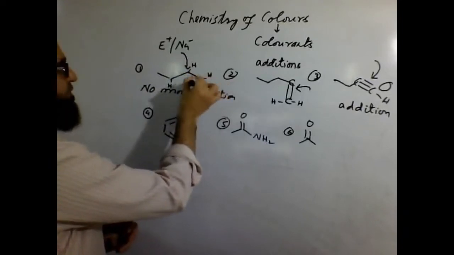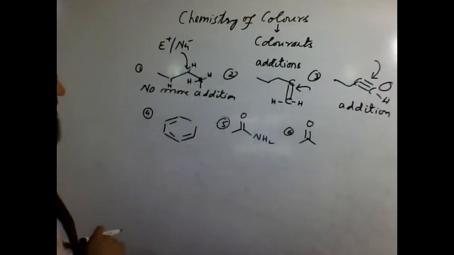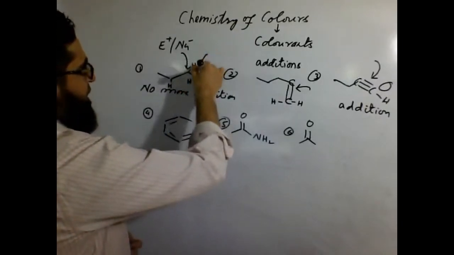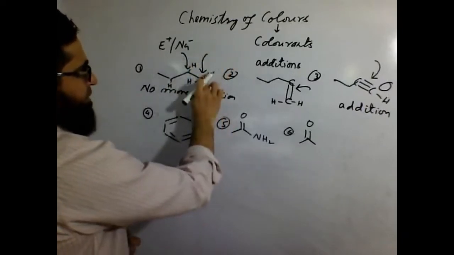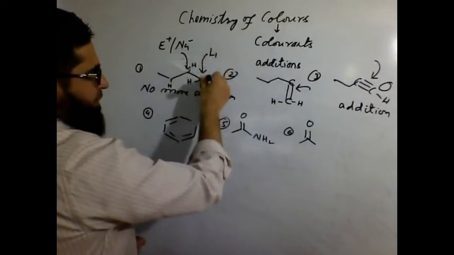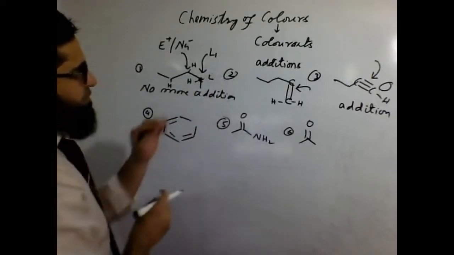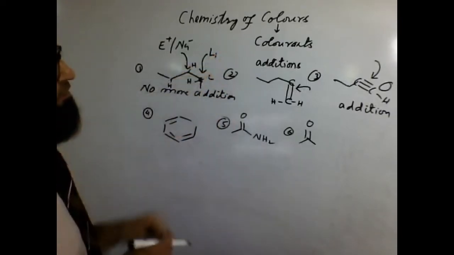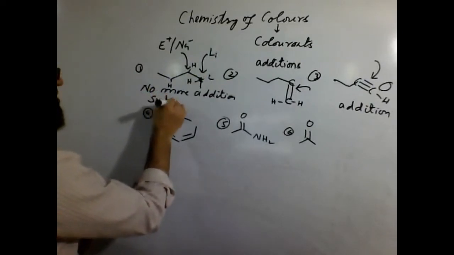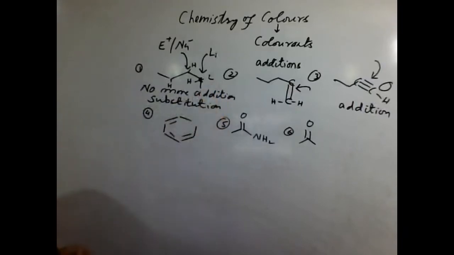It has 4 bonds, 1, 2, 3 and 4. So it can't undergo additions. It can go for substitution. Somebody can come in to kick this hydrogen out. Let's say I write L is coming in. It can kick the hydrogen out, and then L can take the position of the hydrogen. So somebody has been kicked out, someone has got in, which means the reaction has taken place in the form of substitution. One has been replaced by the other, so substitution.